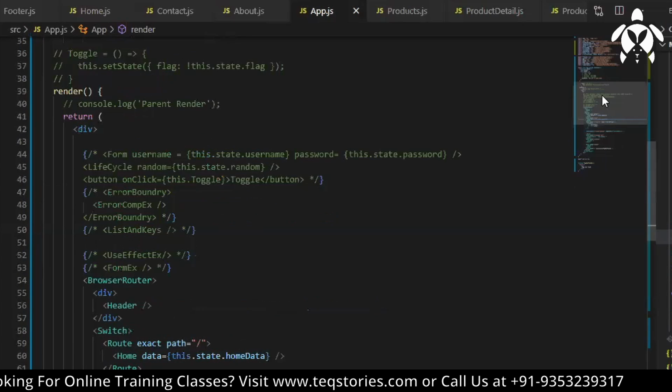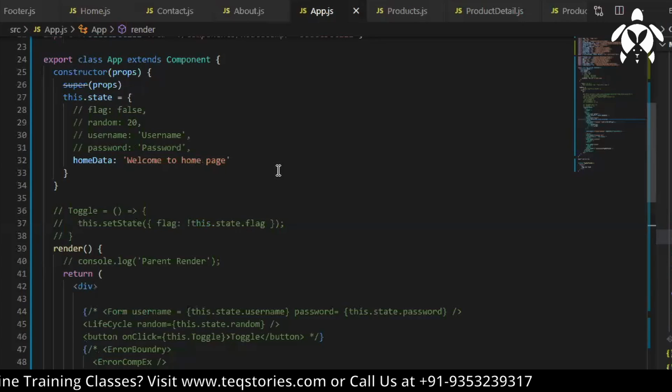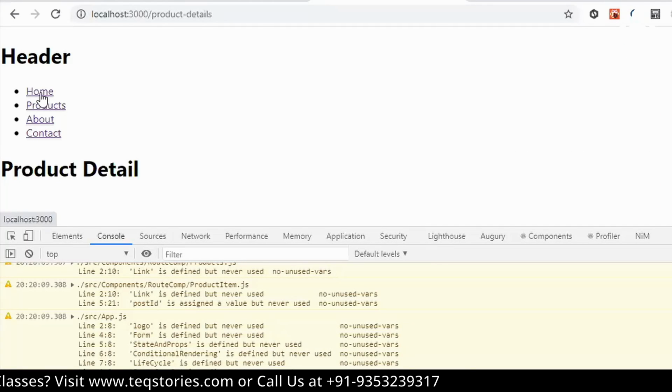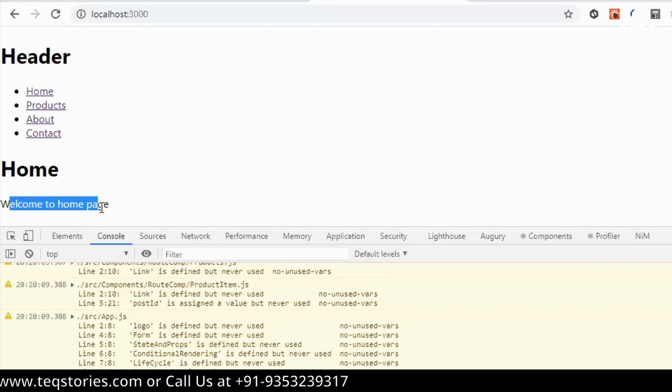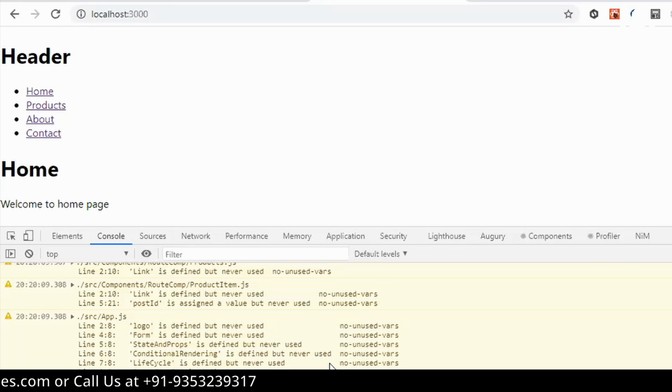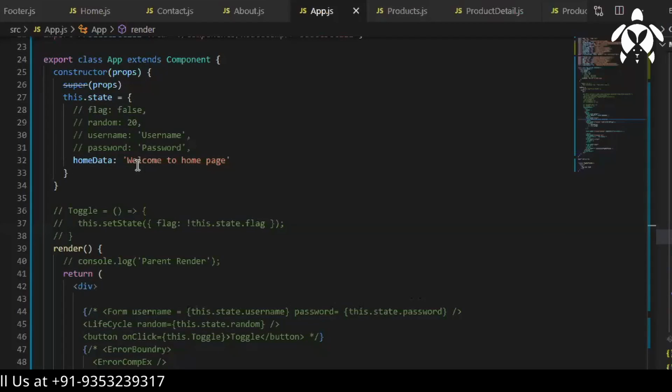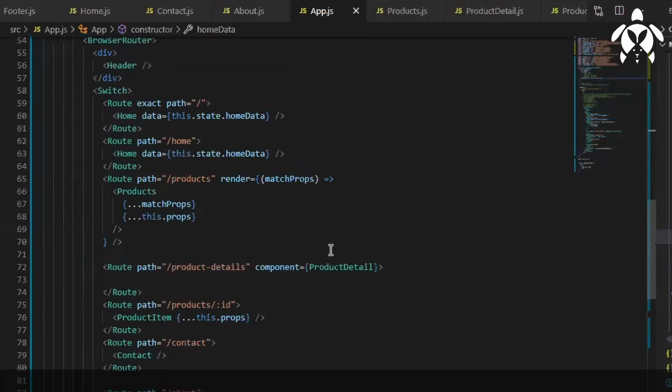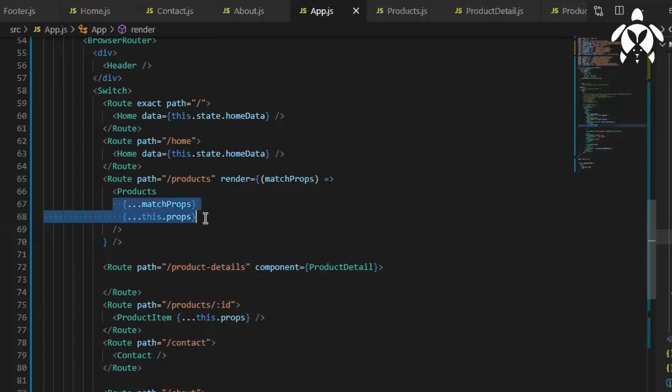So what is there in home data? Welcome to home page. See there, when I click on home, I'm getting this, welcome to home page. So I want to have both. I want to pass the data also, and I want to get the route props also. So how will I do that? I was not able to get it, because I was not passing the props. So if you want to have that location, match, and history, then you need to use the render prop method.